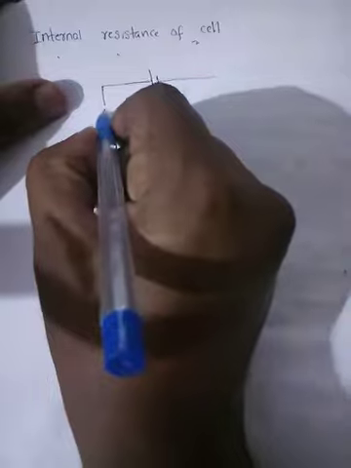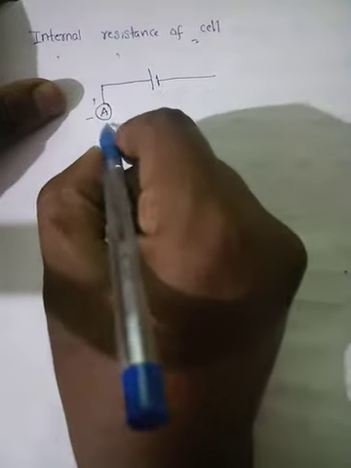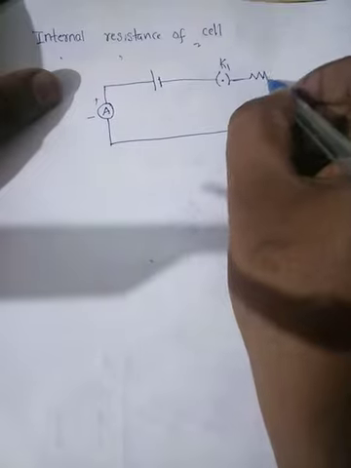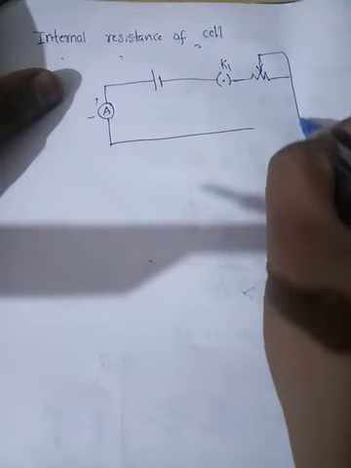Now we are going to calculate the internal resistance of a cell by using the same potentiometer. The primary circuit of any device, as we said, will be the same, but the secondary circuit changes. Let's see what the primary circuit is. This consists of a battery, and an ammeter is connected to check the current flow. This is connected to plug key K1. Here the other end is connected to a rheostat. This end is connected to B.